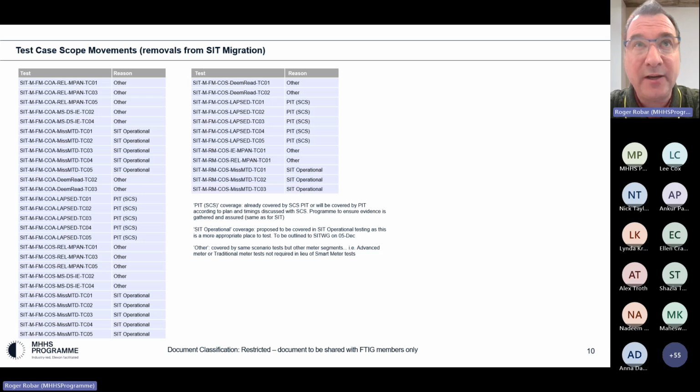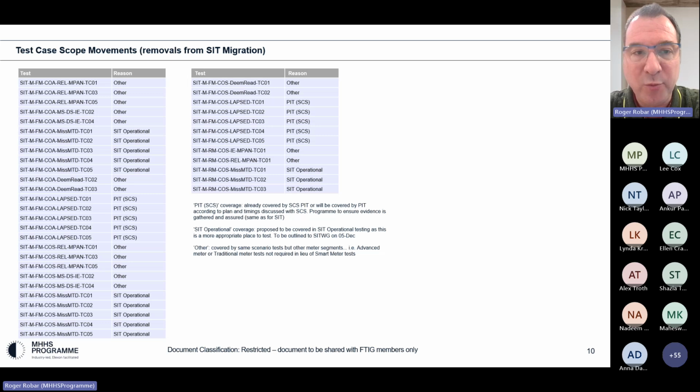In SITAG tomorrow, we are only taking what went through industry review and what we discussed at SIT working group last week. So these will not be part of that. But I think you were on it. I know you were, where we talked about there were specific test cases that we did not recommend in the working group. And so these will be bundled along with those when those are ready.